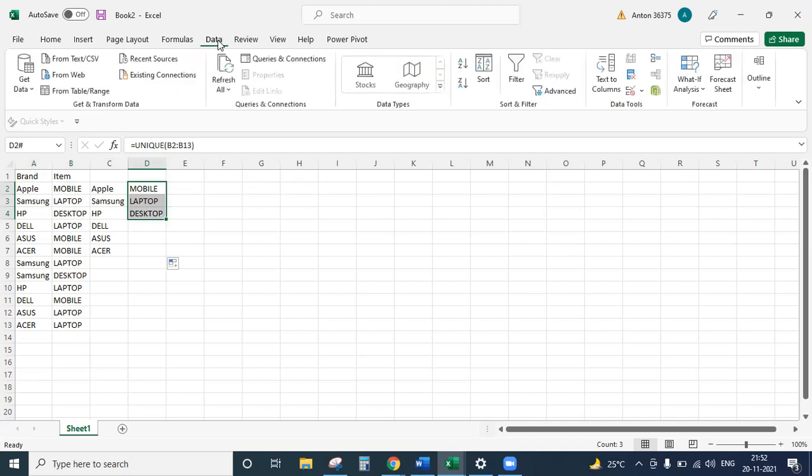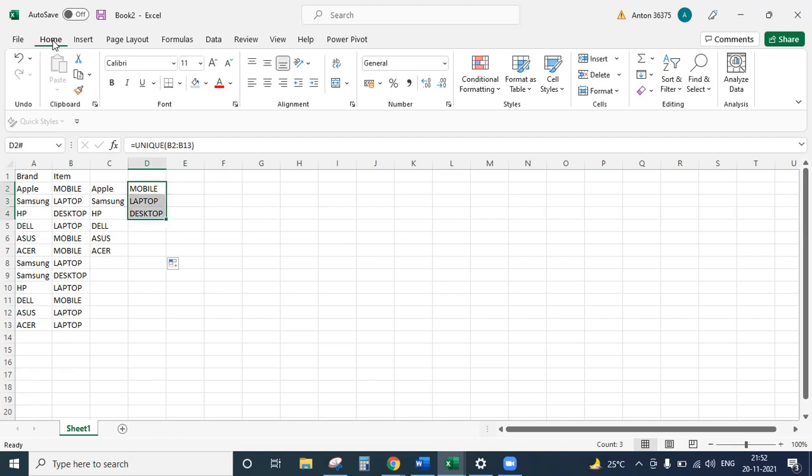So data, transpose data, I guess somewhere from here. Text to columns? No. Have they renamed it?